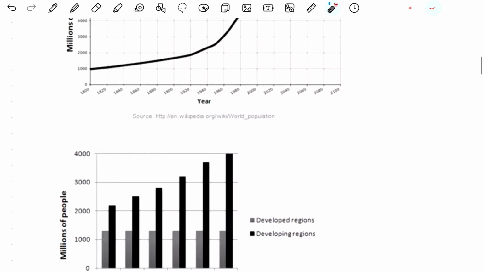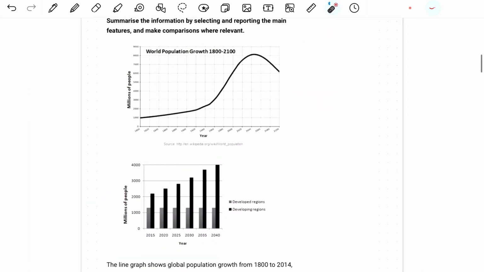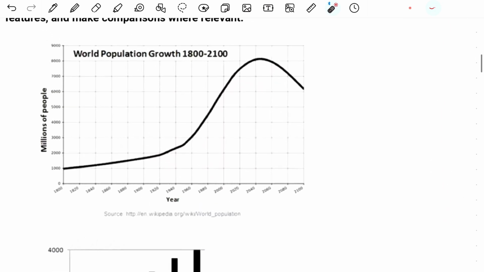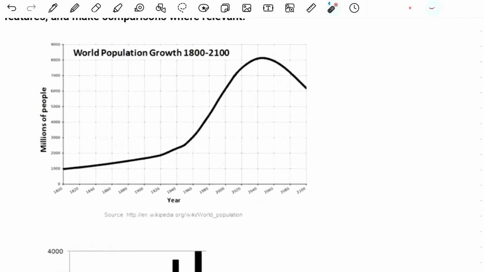Right? So what you need to do here is describe this in one paragraph and describe this in another paragraph. And once again, choose the important points in the line graph, and describe the complete chart. Now I apologize because I know the picture is not very clear, so before you pause the video, I'll just